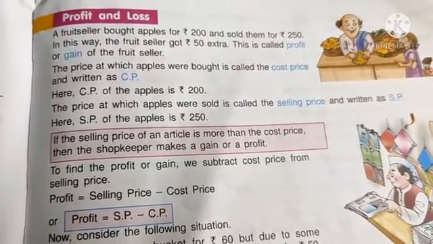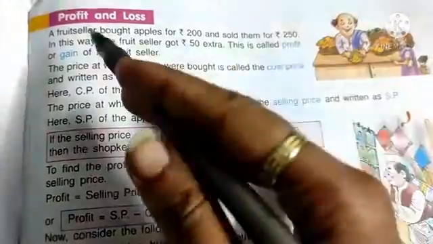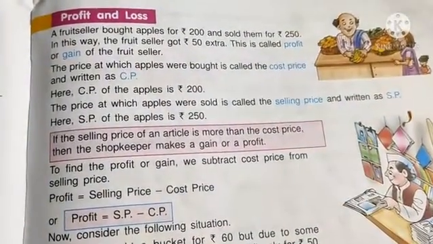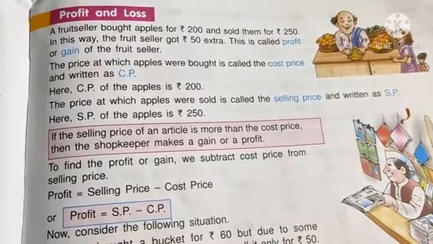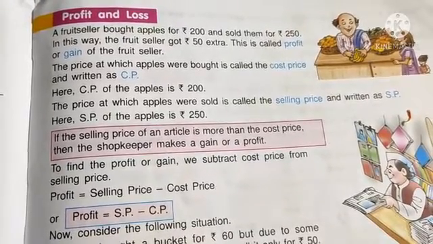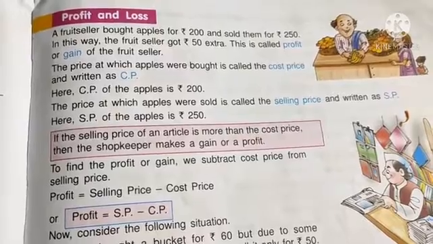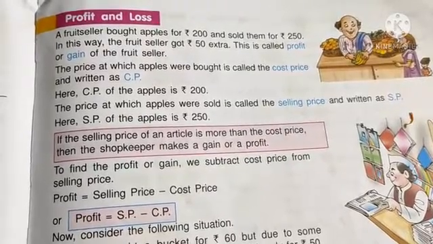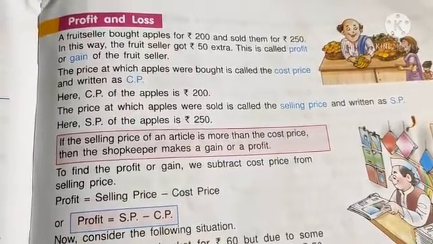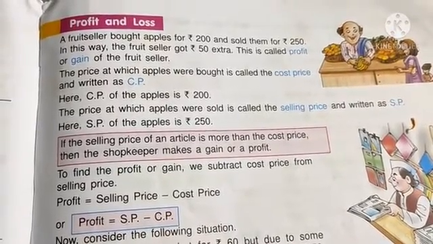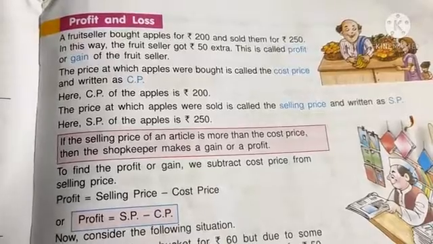Today we will learn a new topic called profit and loss. Let me explain it to you through an example of a departmental store. Mr. Gupta runs a departmental store. He buys goods at lower rate from the wholesaler, then he sells the goods to customers at reasonably higher prices.